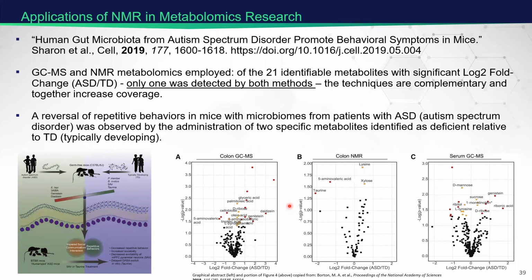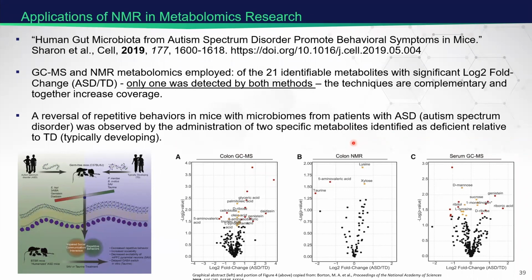When they did a metabolomic study of the colonic fluid, they used GCMS on the colon and the serum. They did NMR of the colonic fluids. The thing I want to point out here is 21 identifiable metabolites that were significantly changing. Only one was identified in common between both methods, and it turns out that two that had been cited as deficient in patients with ASD